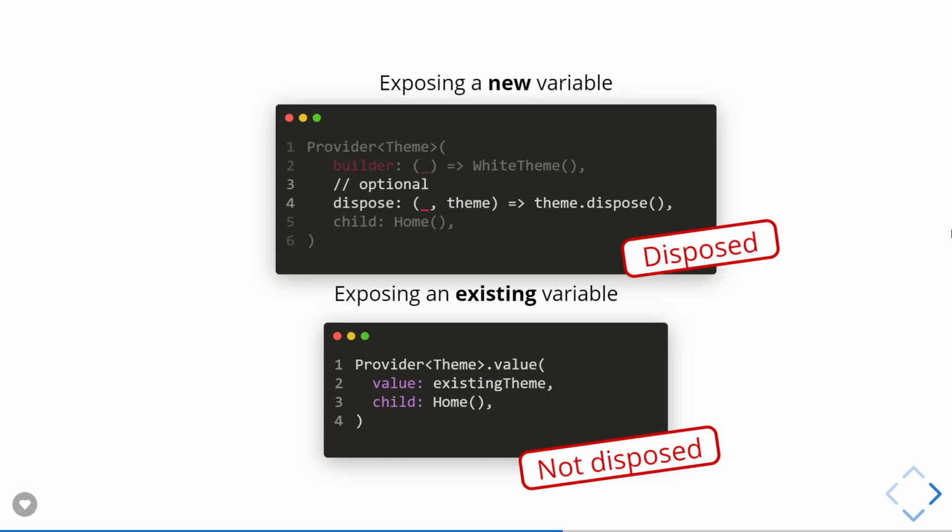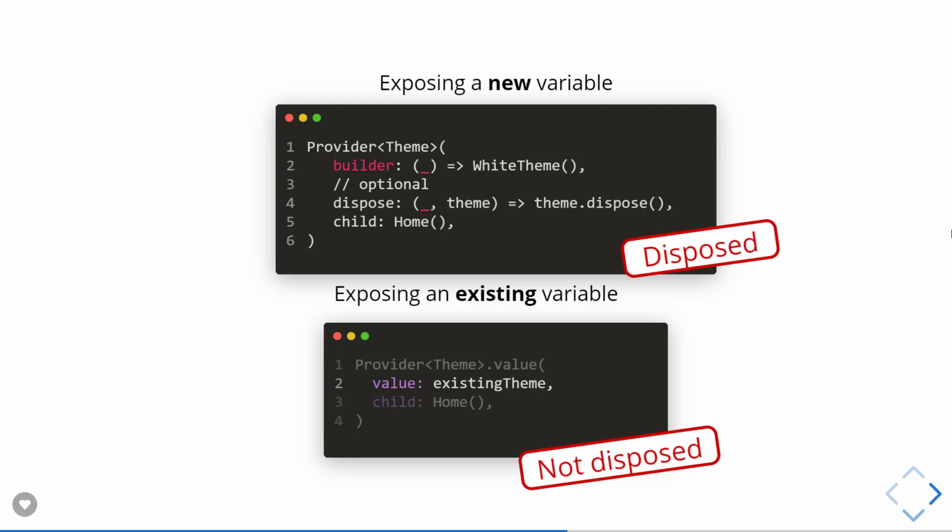Then we have a second constructor that is Provider.value. It still has that type Team in the parameter. But instead of a function to create a value, it directly takes a value. And in that situation, you must not use this constructor to create a variable. You should not do that because the variable that you create and pass to the provider will not be disposed by the provider when the provider is removed from the widget tree,